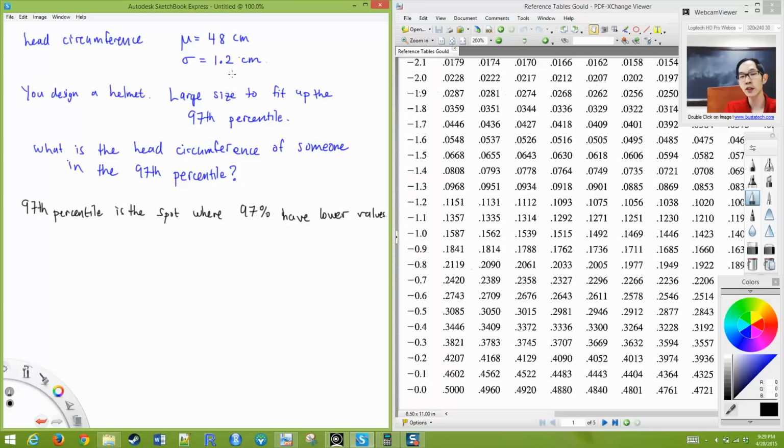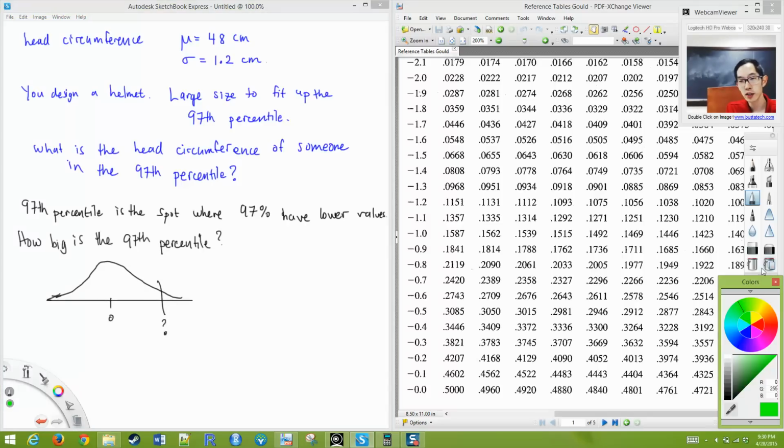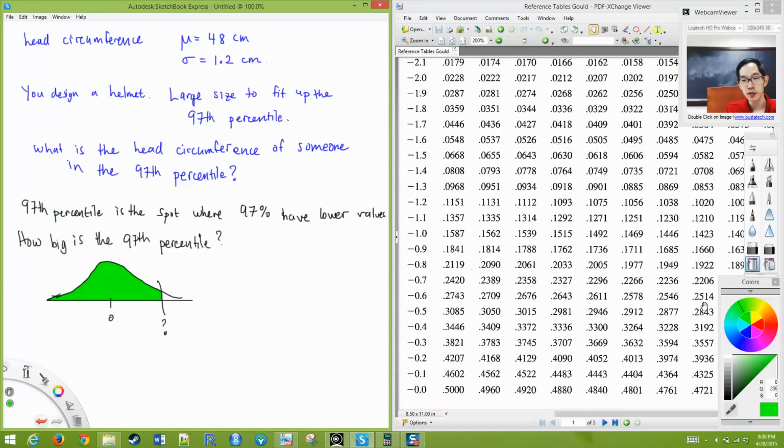So what do I look up in my table? I want to look up 0.97. Do I look up z equal to 0.9 and the column 07? No, that's not what I want, right? I'm going to look in the area, the number that's closest to 0.97. Okay, so I have to look through all of these numbers. Luckily, they're in order. And the number I find that's the closest to 0.97 is this one right here. I don't know if you guys can see it. Okay? There's a number,